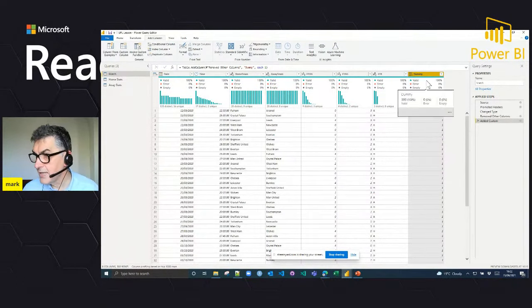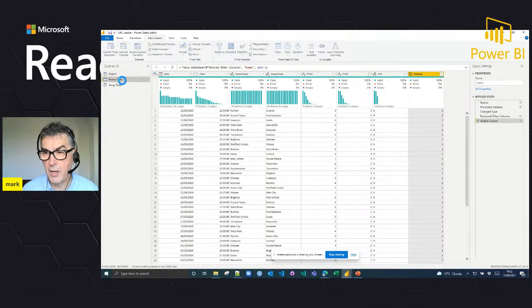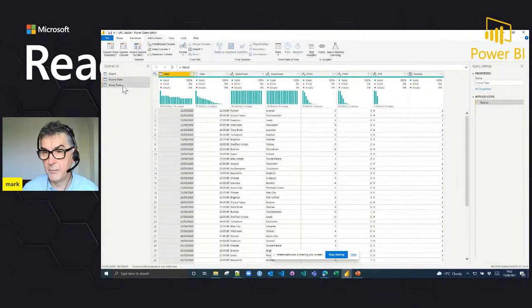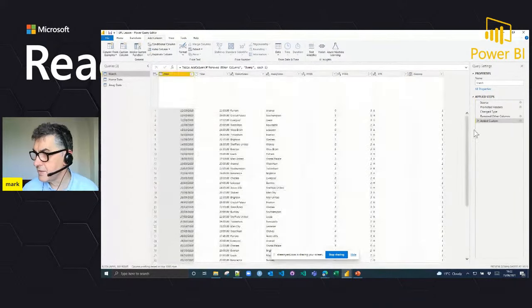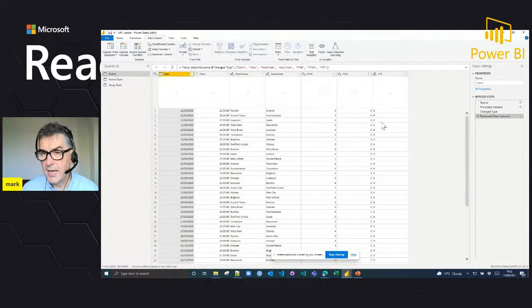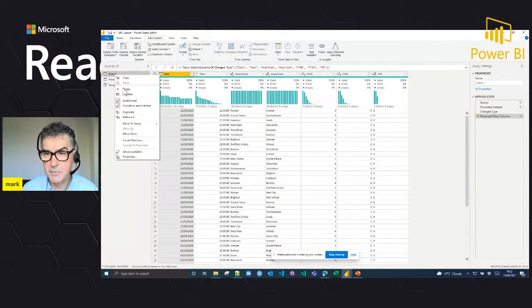Then if we have a look at that, we'll see that home stats has a dummy column and away stats has a dummy column, because they kind of point to the end of match. Let me get rid of that dummy column, we don't need it. And the reason I'm doing that, I could come along and duplicate it,